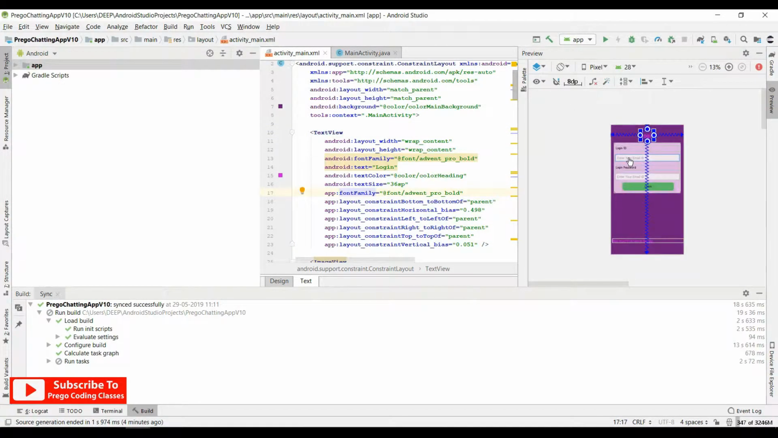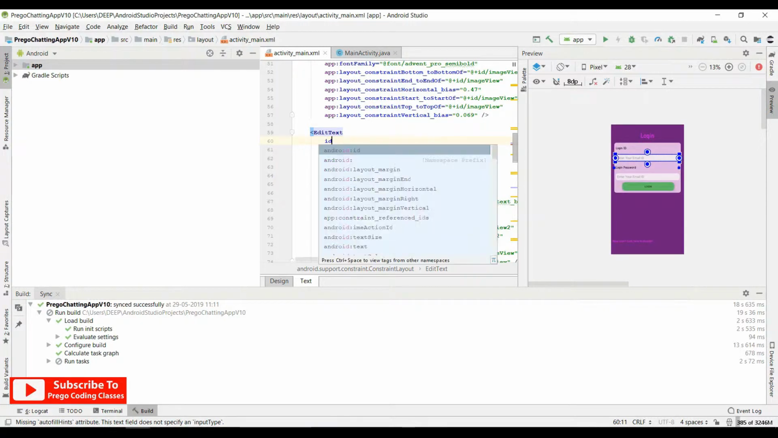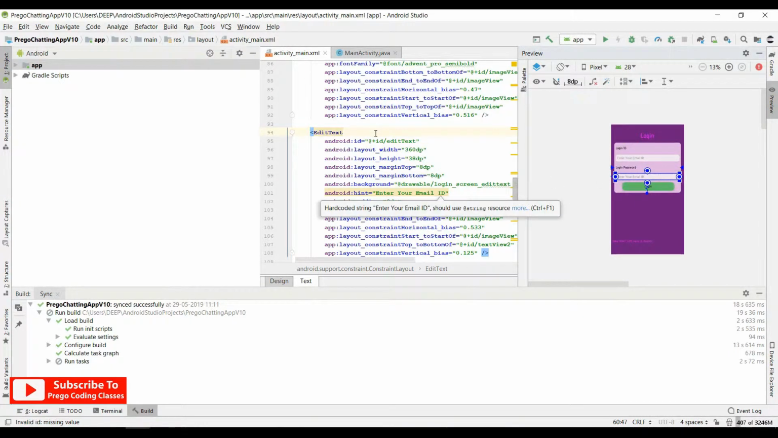So to start off, let's select this edit text and give it an ID. Let's give it login activity email ID. Then let's select the password edit text and give it an ID of login activity